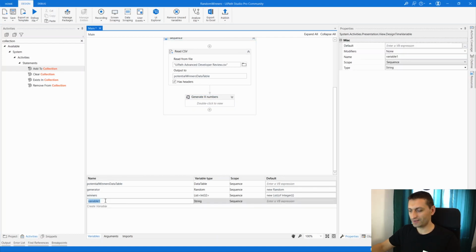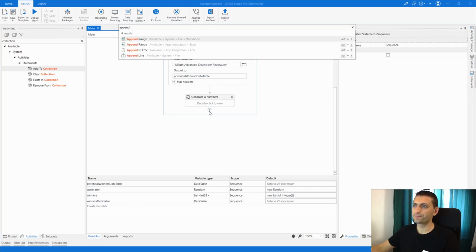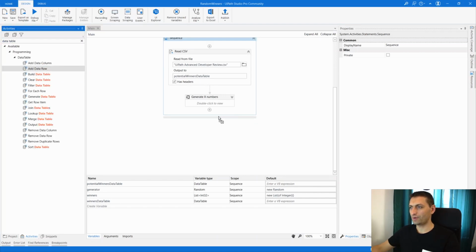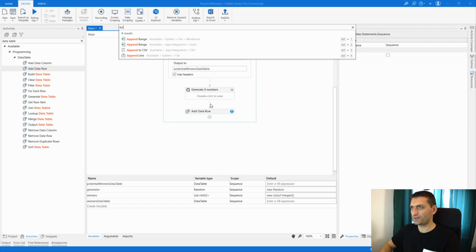Let's generate the winners. So now let's say winners data table. This is a data table again. I'm not gonna initialize this, so I'm gonna use append row. Okay, let's have a look at the data table. So I'm gonna use add data row, but I'm gonna use the add data row in a for each loop. So for each